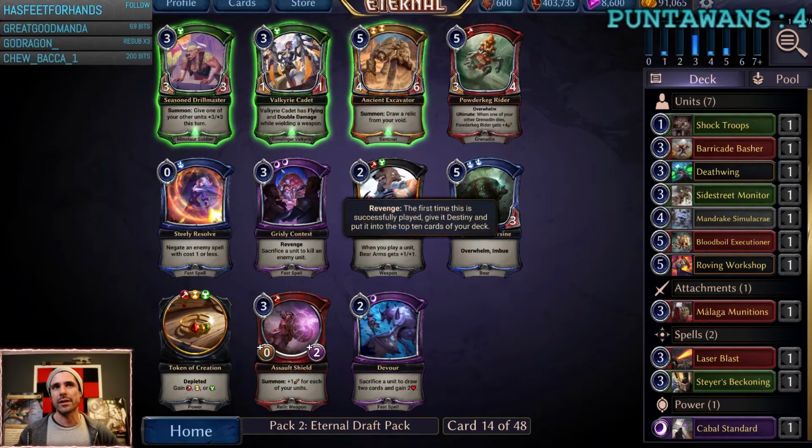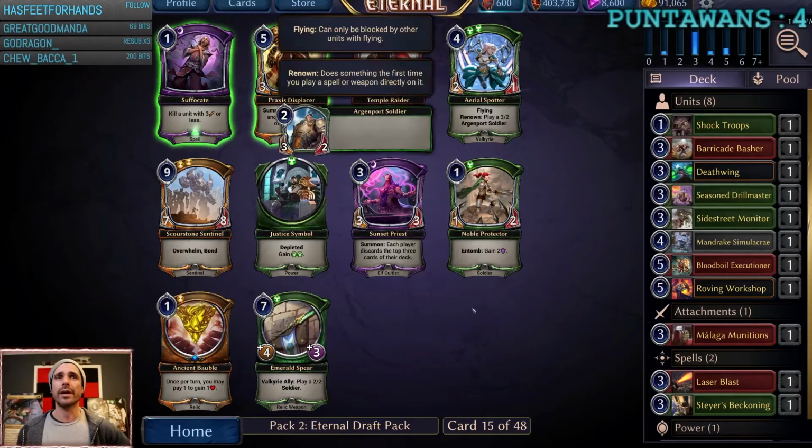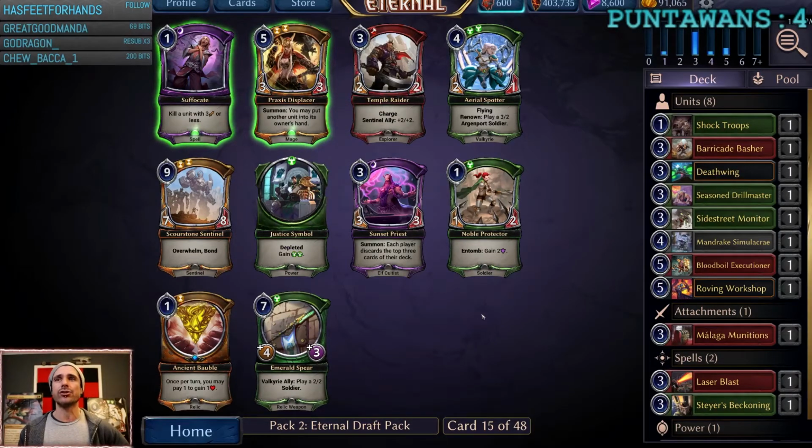I don't think we're looking at Grizzly Contest yet, with Shadow being a light splash. So we're going to take Drill Master here. There's a Suffocate. That's pretty solid as well. A nice, clean, efficient, cheap removal. There's also an Aerial Spotter and a Justice Symbol. Not much going along the way unless we pick up something like a...